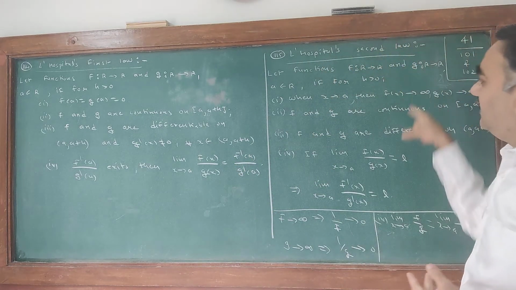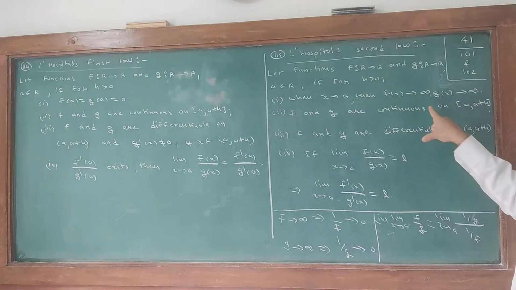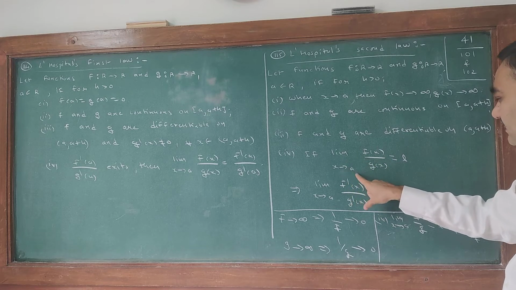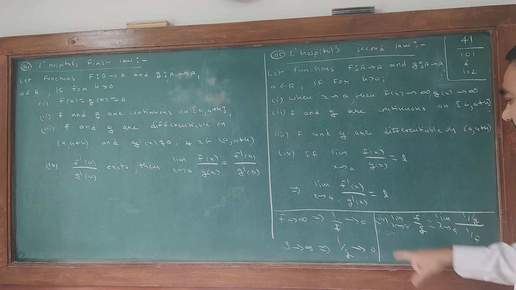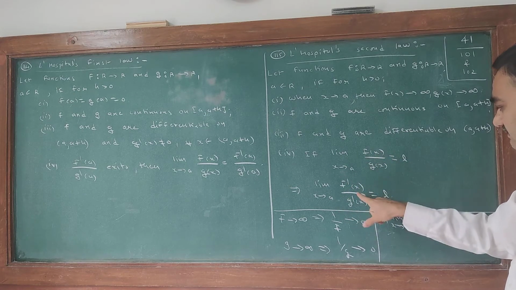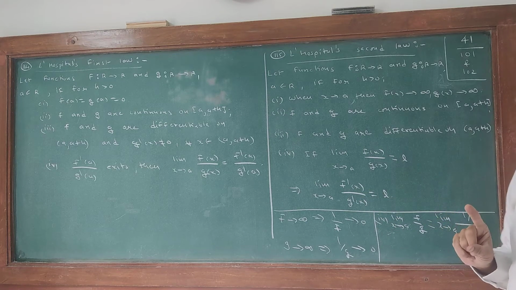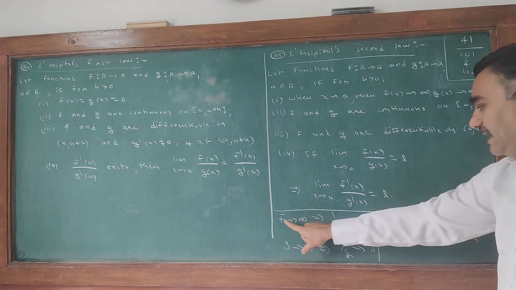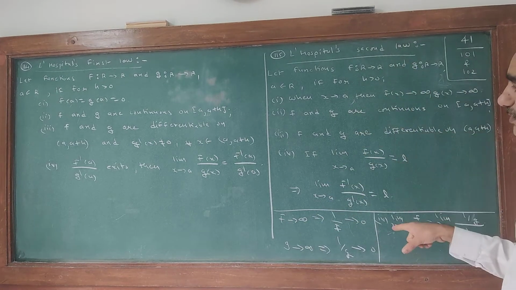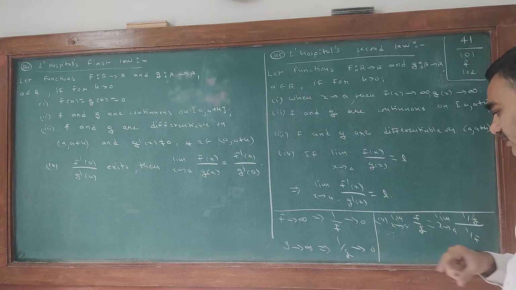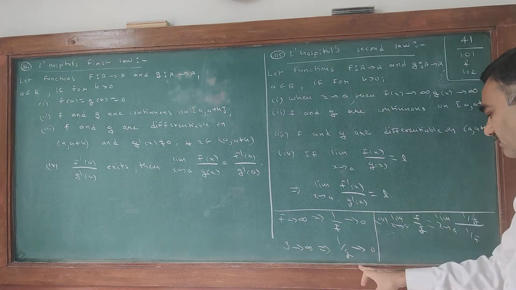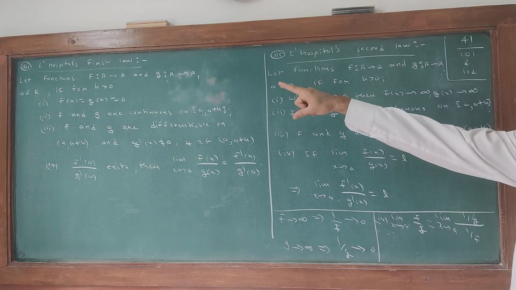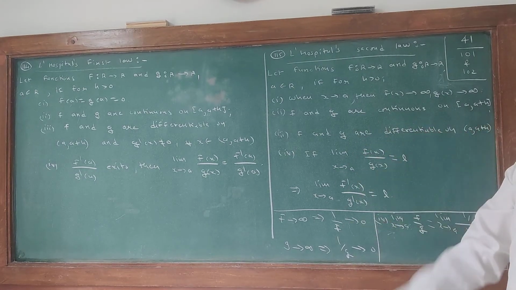And similarly in the second case also, most of the things are similar, and then limit x tends to a of f(x) upon g(x) equals L. At that time this limit with the differentiation also has the same value. Also, I mentioned in the previous lecture that f tends to infinity in this second law means 1 upon f tends to 0, g tends to infinity, 1 upon g tends to 0. So this will give you the first law part in some equal context.